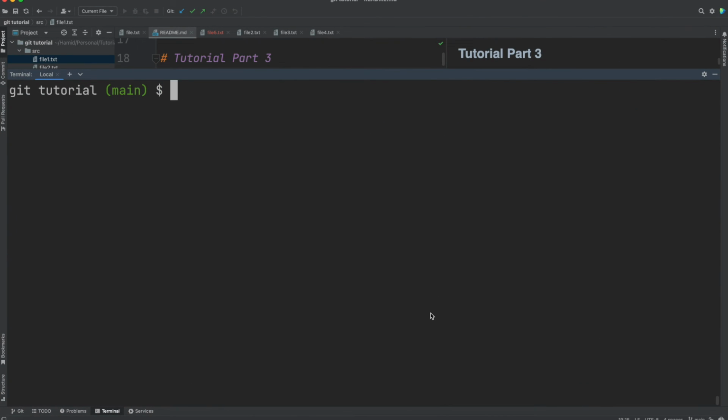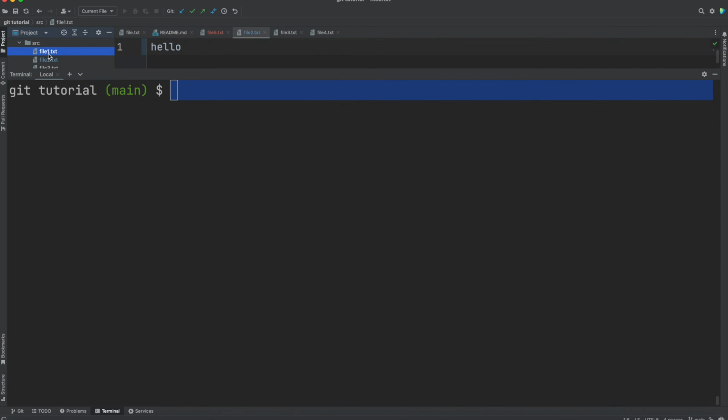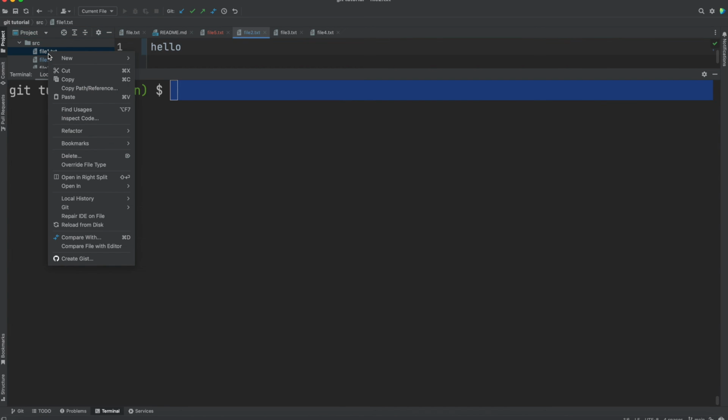The last command that we will learn is about git add. So we learned how to add multiple files, we learned how to add one file, and now we want to see how we can add edited files along with the deleted files, but not untracked files. So what are modified files? Okay, so I can just make changes in file 2. So we can say hello here. So I modified file 2, and now I decide to delete file 1,